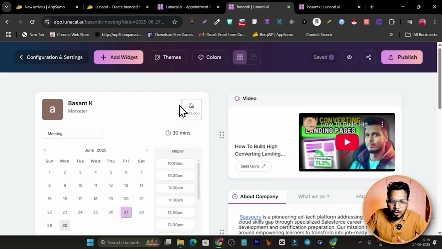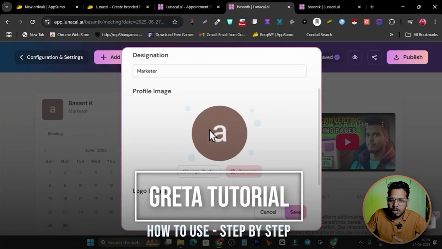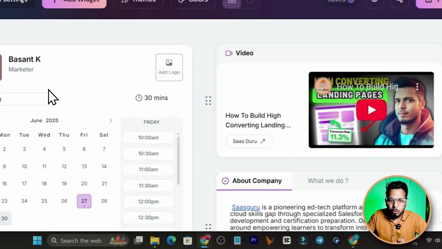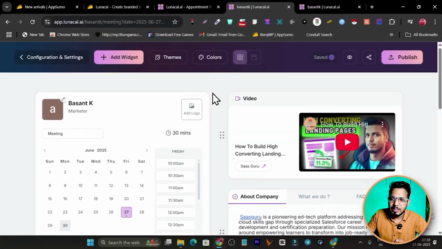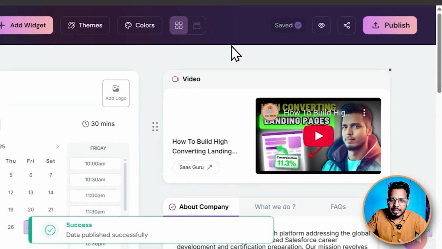Here I can add the logo of my brand. So simply click here and you can add your logo. So beautiful, super simple to use this platform. And once everything is done, simply click here on publish, and now your booking page is published. Simply click get the link,